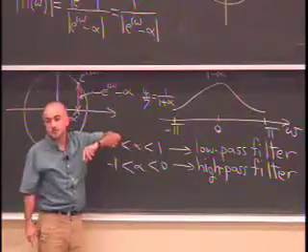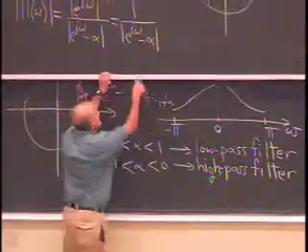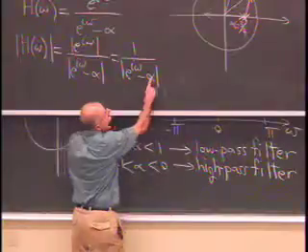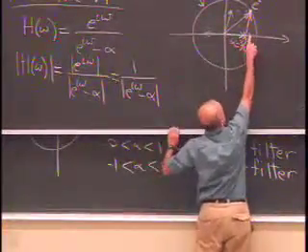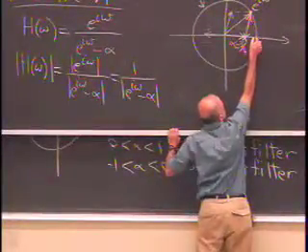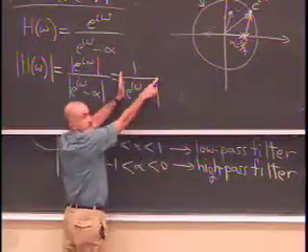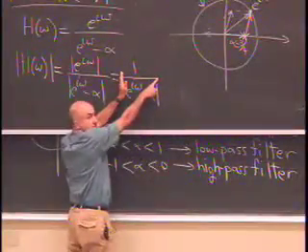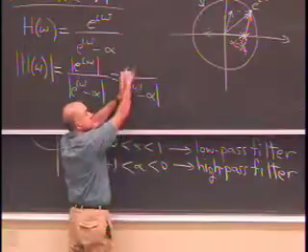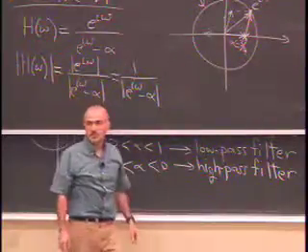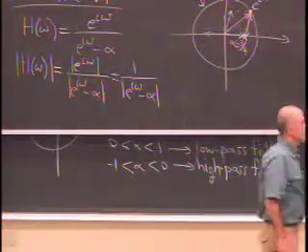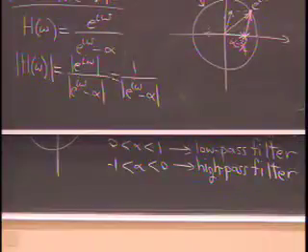Closer to the unit circle. Because if I move alpha closer to the unit circle, when omega is 0, the length of that red vector will be very tiny. The inverse of that will be very large. And as I move away from 0, it decays very fast. So these are the kinds of geometric reasonings that I want you to get used to doing